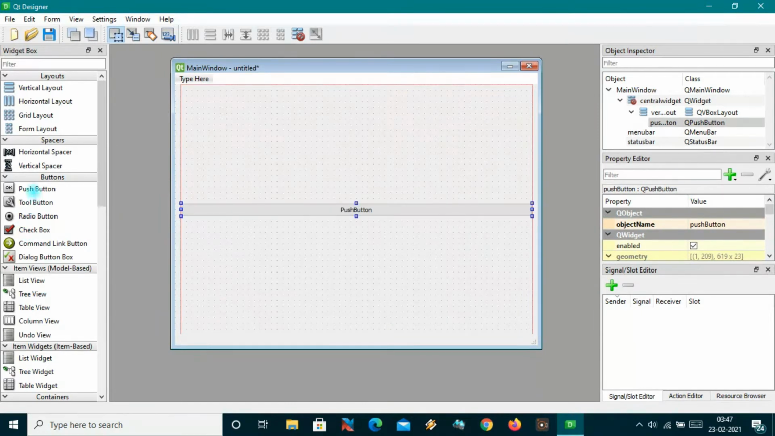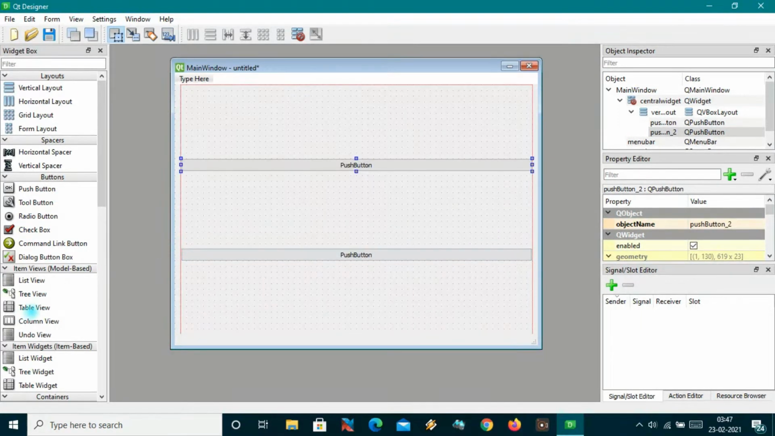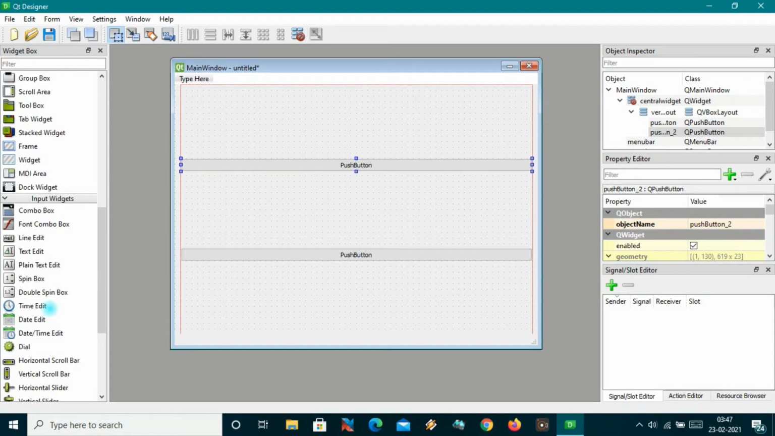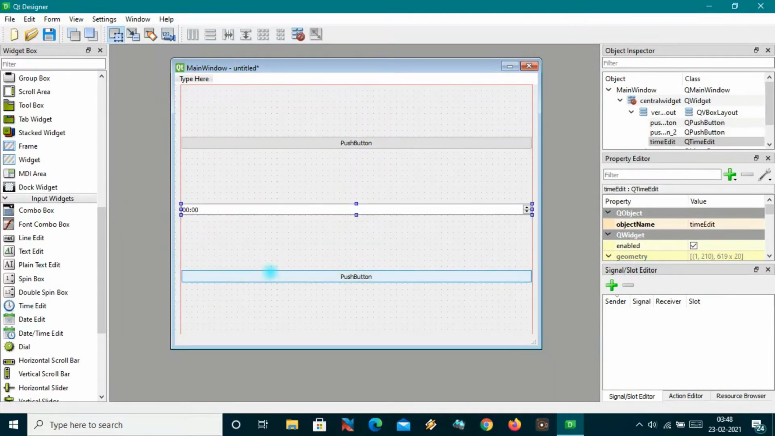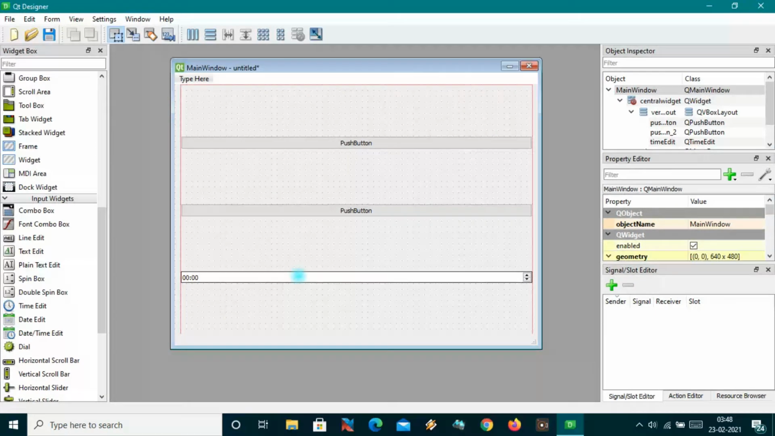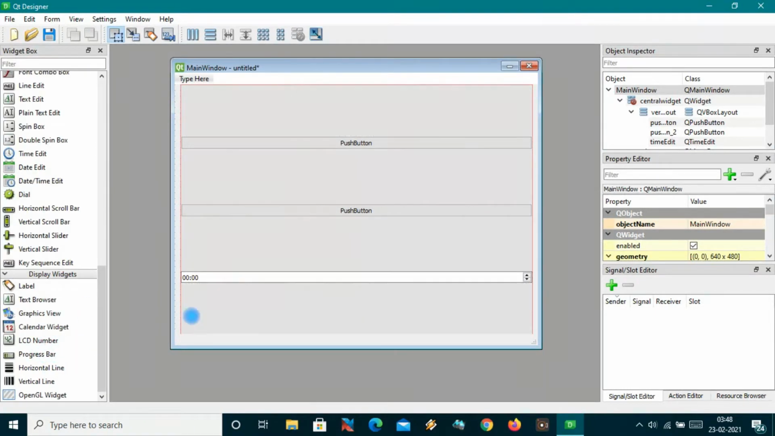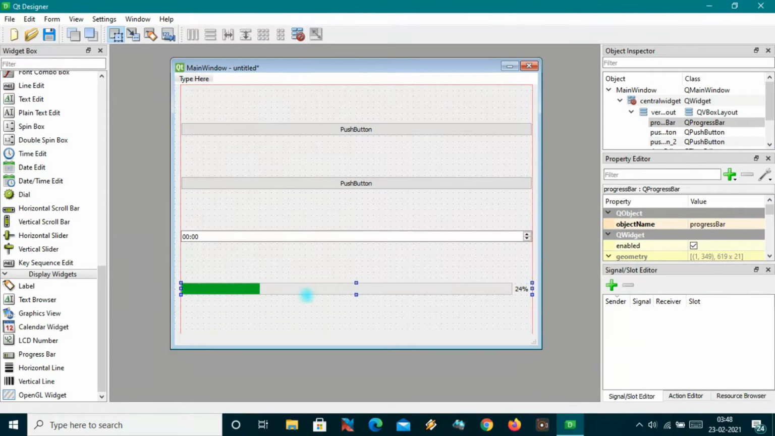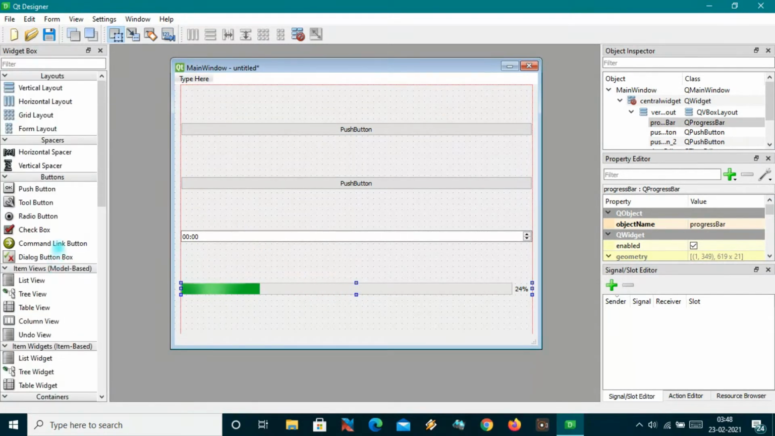Okay, let me push another button here, and let me push some other things. Suppose I'm adding here a time edit. Okay, let me change this location, so you can drag and drop all the things like this. Now let me add here some progress bar. Suppose I'm adding another